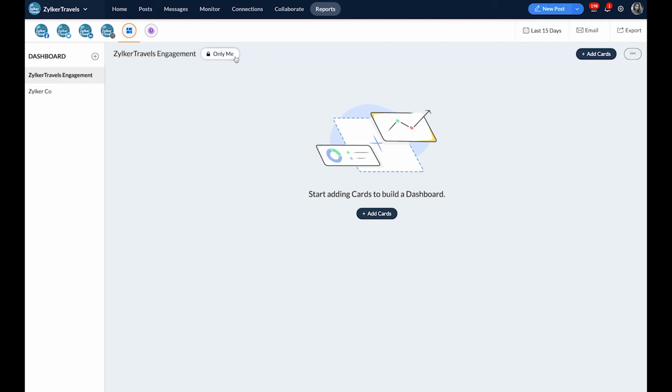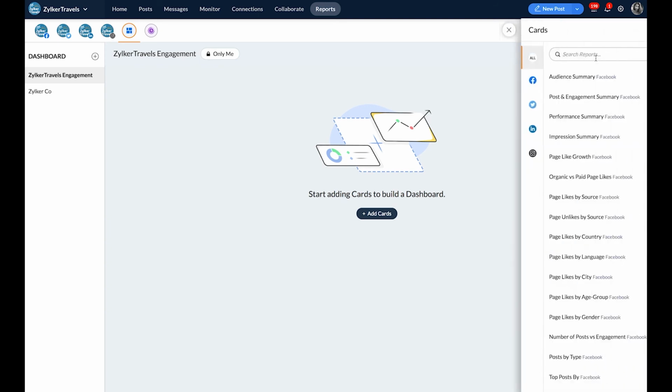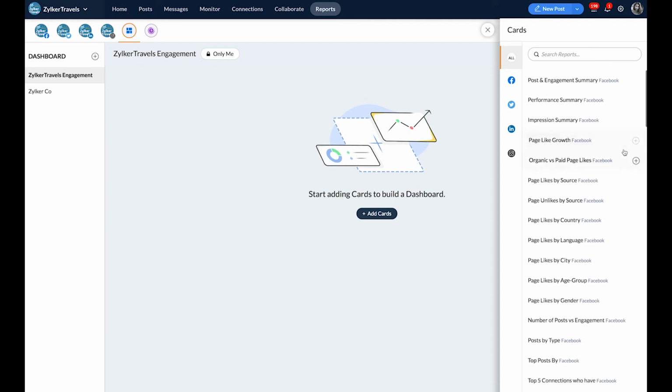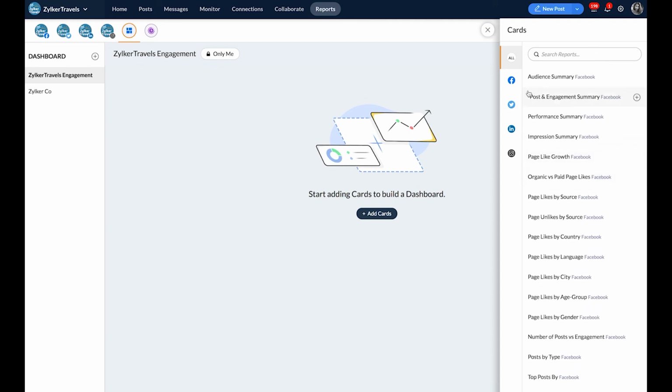hit Save. You can also choose to set the visibility as private, share it to all team members, or choose to custom share your dashboard with particular team members and then click Share. Now click Add Cards to view a column of all the available cards from each social network. You can choose a desired social network, for example Facebook, Twitter, LinkedIn or Instagram, and select the required cards for